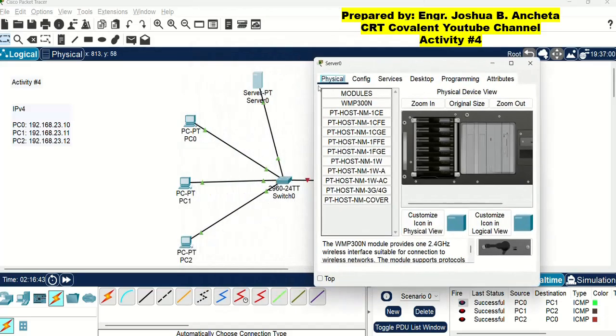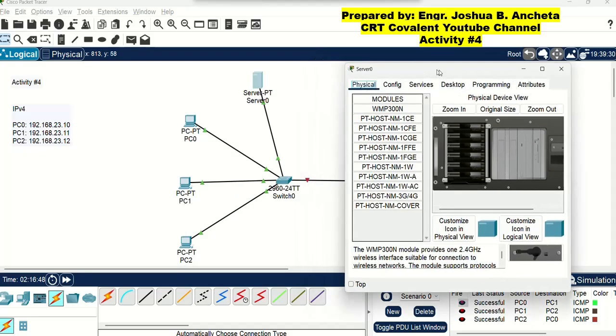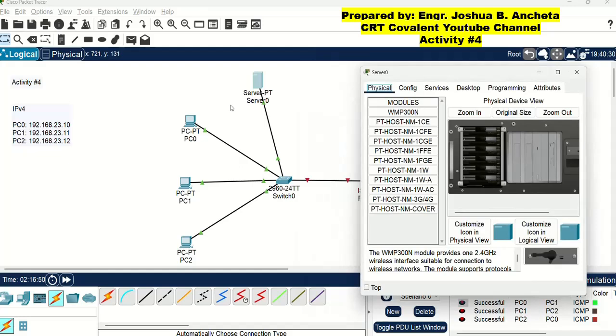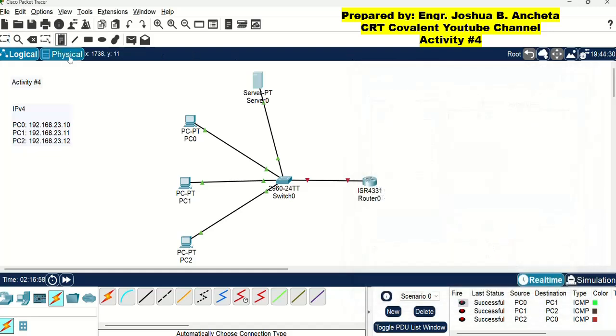So in this option, let us put IP address first for the server. Okay. So let us now assign first IP address for the server. Using the add node icon, let us type the intended IP address for the server.